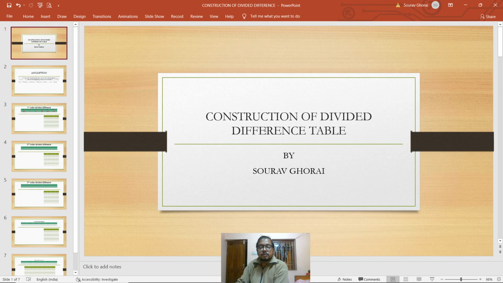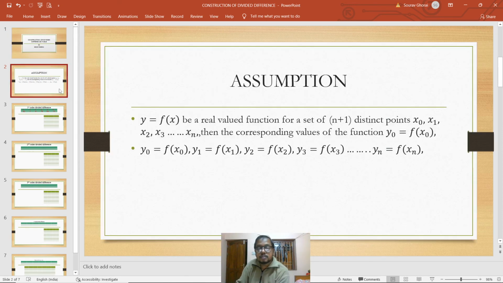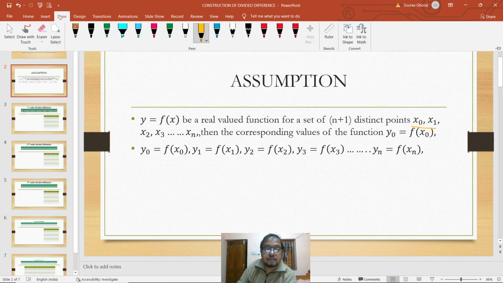So guys, in this video, we will discuss how we can construct the divided difference table. So first of all, we have to know what a divided difference table is. Before considering the divided difference table, let y = f(x) be a real valued function for a set of n+1 distinct points x0, x1, x2 ... xn,